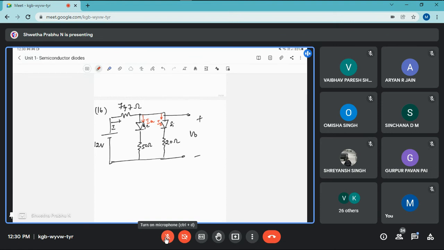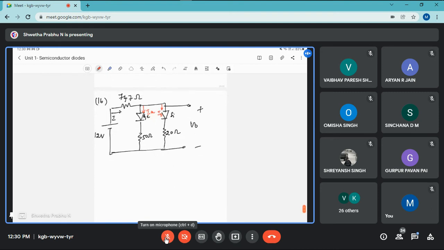Here what you have to do is divide the main current I into branch currents. Then with respect to the loops, you'll have to find the loop currents IA and IB. Then when you add these two currents, you'll get the main current I. With respect to that, you'll have to find the output voltage V0. That is the idea with respect to parallel circuits. There you didn't have any resistance at all. Current limiting resistance was not there.